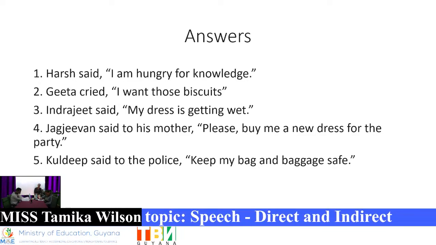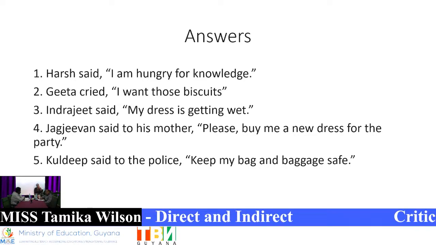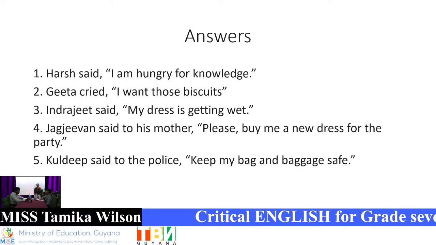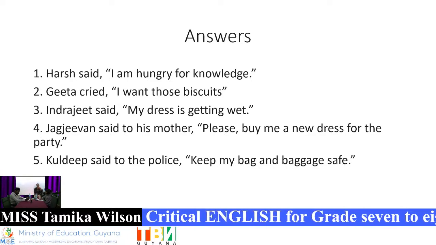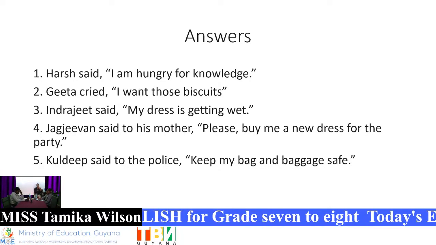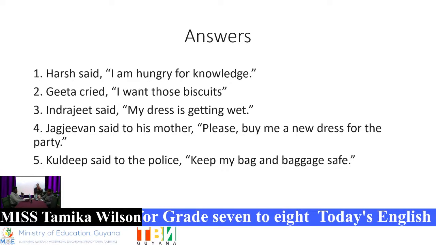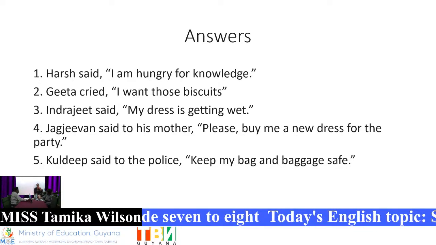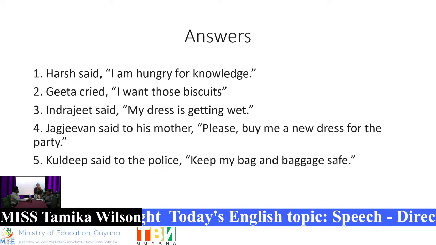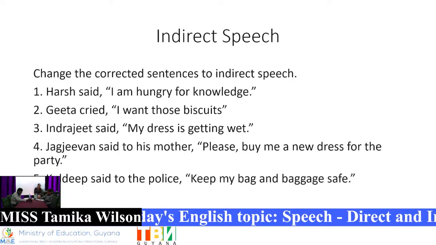How many did we get correct? So numbers four and five were a little bit tricky, yeah? Because there were more words after the reporting verb, isn't that so? But did he say those words? No. So in direct speech, we're only quoting what? The exact spoken words. So did we get two, four, and five correct? I missed out, please. All right. Okay. So we can work on that.